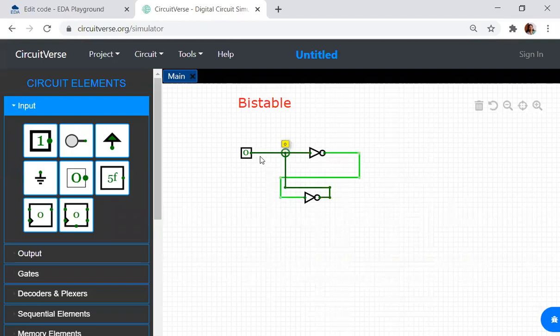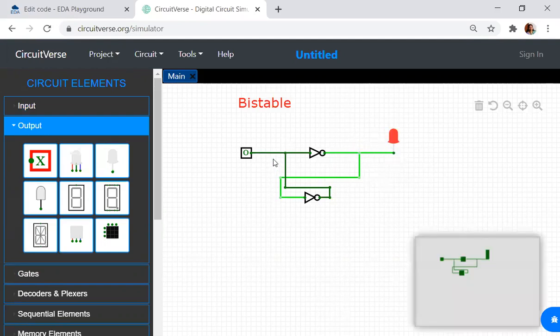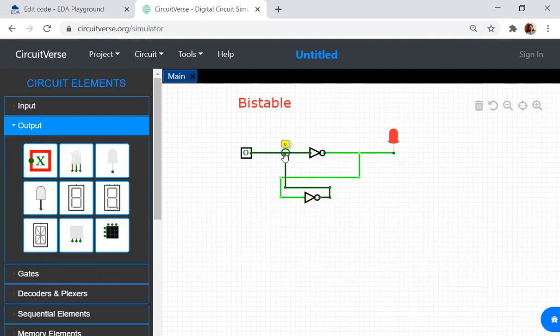Permanently, 0 will be stored over here. If I connect an LED just to visualize it, the NOT of 0 will be 1. That 1 acts as an input to the next NOT gate, gate 2, and 0 will again be the input. So permanently it is storing a 0.